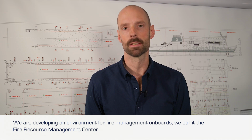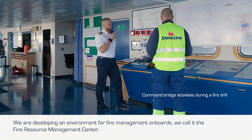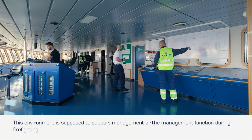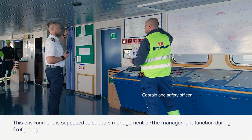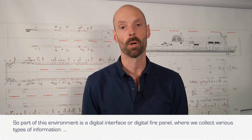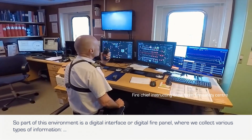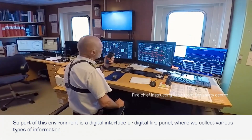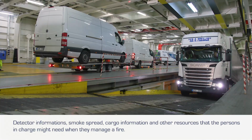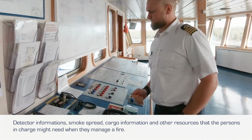What we are doing is developing an environment for fire management on board. This environment we call the Fire Resource Management Center. It is supposed to support the management function during firefighting. Part of this environment is a digital interface, or a digital fire panel, where we collect various types of information: detector information, smoke spread, cargo information, and other resources that the persons in charge might need when they manage